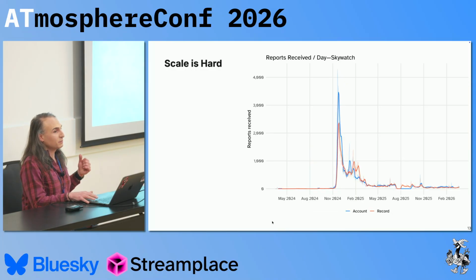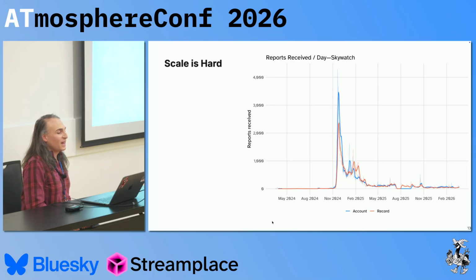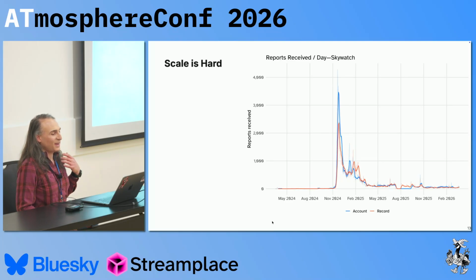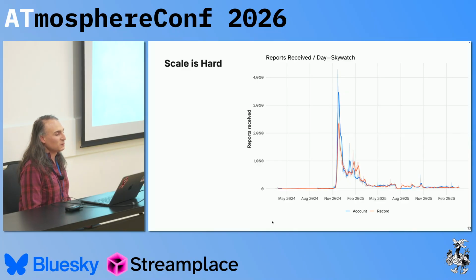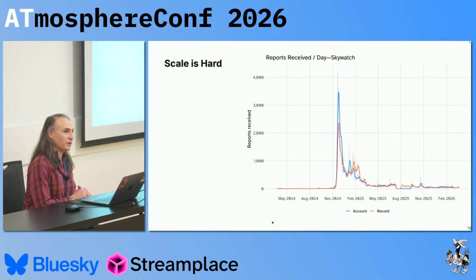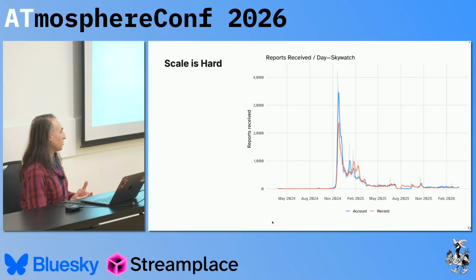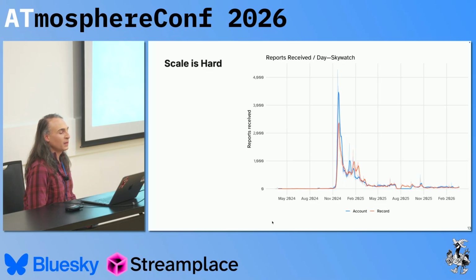Scale is very hard. I went fully insane, and I think the website was probably going through some things. Although interestingly, I'll get to it in a minute, growth can be a bit of a curse, especially with a general purpose labeler. One of the things that makes this difficult is not having a specific community that you serve, which makes it a little bit harder to find and onboard volunteers. So it's something to keep in mind.